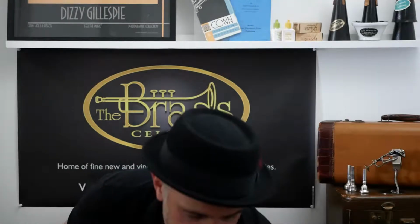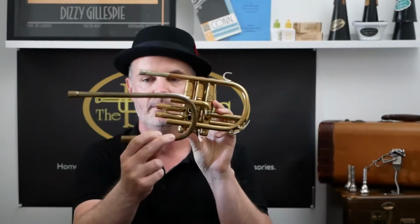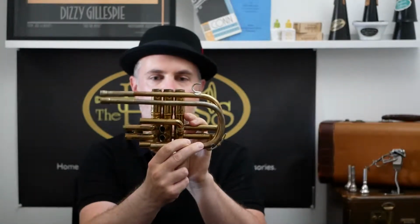It's a two-piece bell. It has the same script. There is a possibility that these were recycled from old ones of these, but they existed at the same time, so maybe it's just a manufacturing thing that these were bent in a different spot. A little bit tricky and requires specialists to unbend it and rebend it in the right way, if that's what you were thinking. And then again, the lead pipe from a Committee is different to a Martin Imperial,